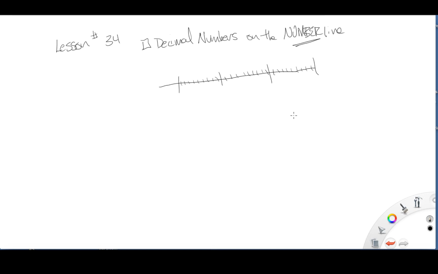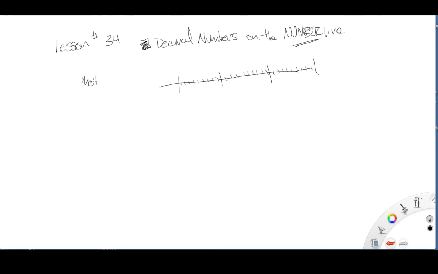Good morning, Course 2. It is Lesson 34 today, and we are looking at the problem of solving the order of decimals on a number line. We're going to look at that pretty closely today, and you're going to note that we're going to be looking at a